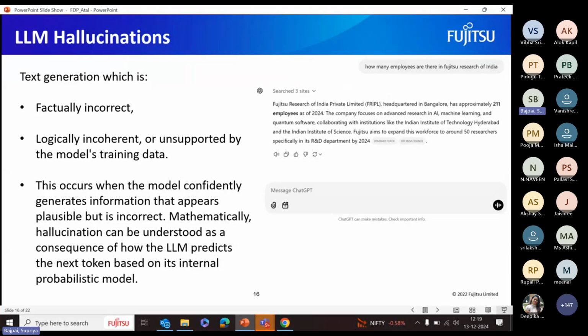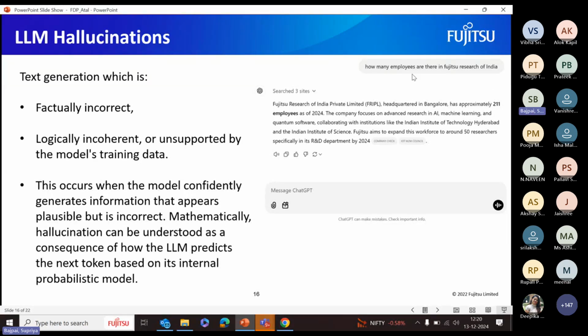So sometimes it gets things wrong or mixes up the facts. It's a big challenge, because even though the answers sound smart, they might not always be true. Researchers are working on it very actively. For example, this is a screenshot of